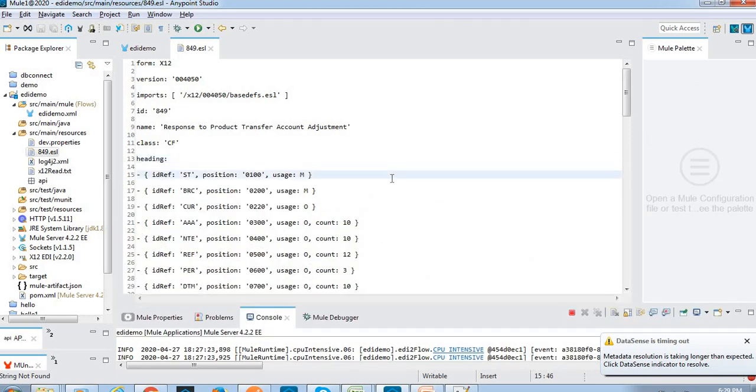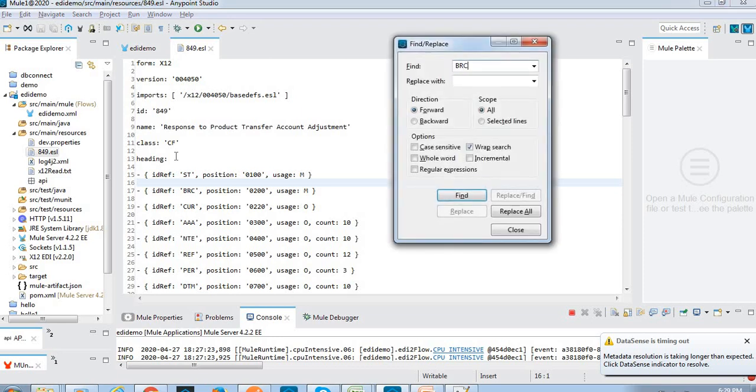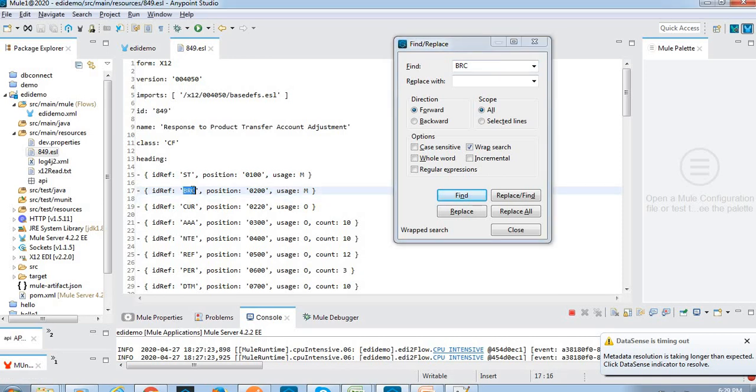In the .esl file we have the form, external version, ID 849 file, and the name product transfer account adjustment, and the heading class. We have the segment identifier, BRC here.